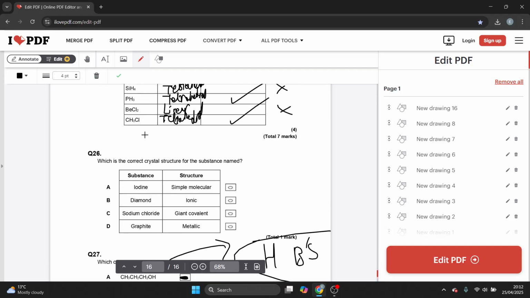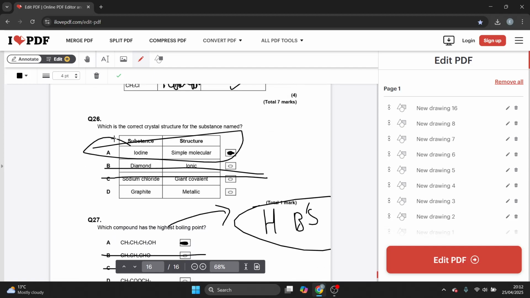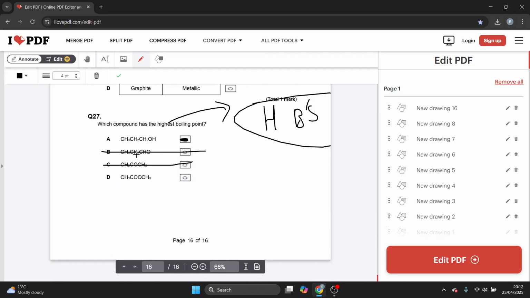Oh, sorry, I skipped a question. Which is the correct crystal structure of a substance named? Diamond, ionic? No. Sodium chloride, giant covalent? No. Graphite, metallic? Is iodine simple molecular? You do need to know that anyway from part of the spec, so you should be able to spot that immediately. But in this case, why is it A? Because if you draw it out,